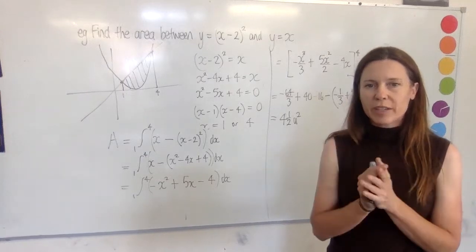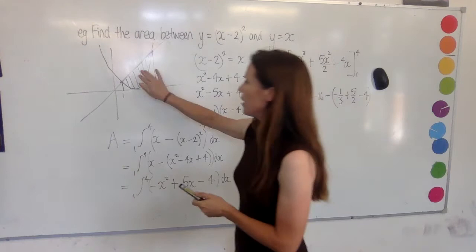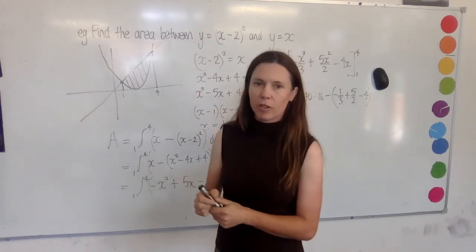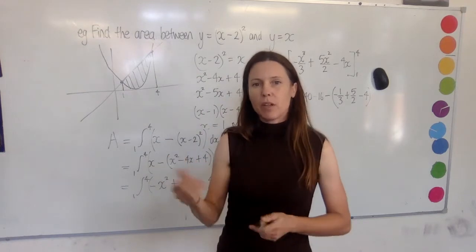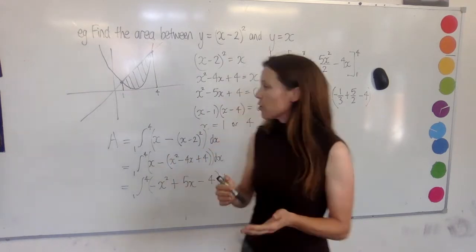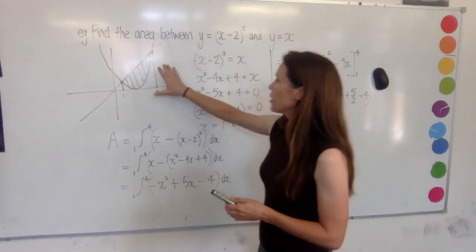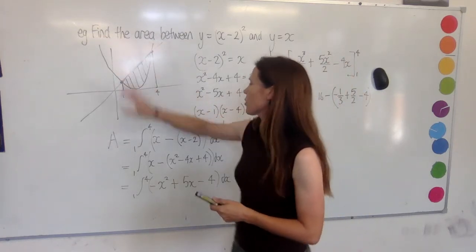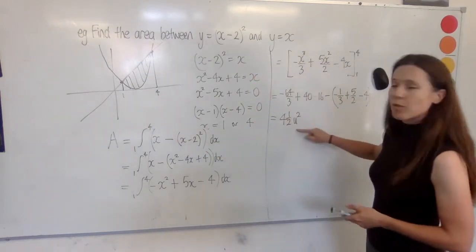Okay, now we're going to do an experiment with this question to see what would happen if part of our region between two curves lay below the x-axis and part of it lay above. Do we still get that result that we're used to of seeing that integrals down here are negative? Well, we know that the area between these two curves in these bounds from 1 to 4 was 4.5 units